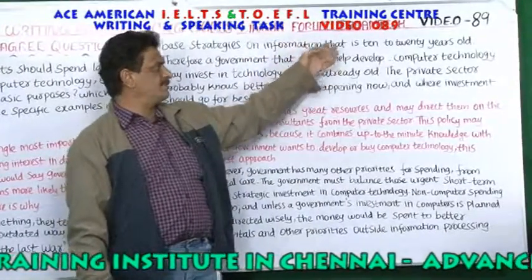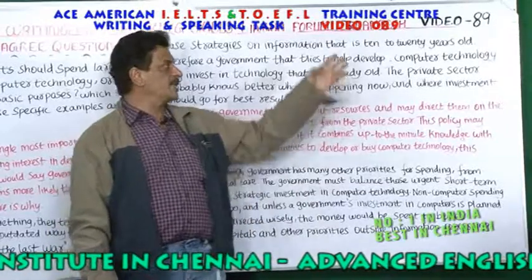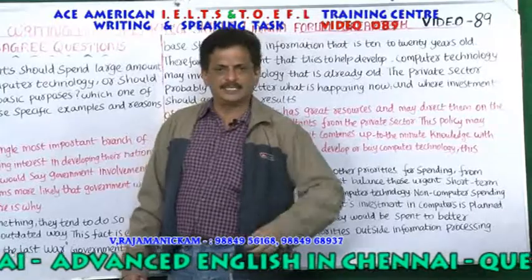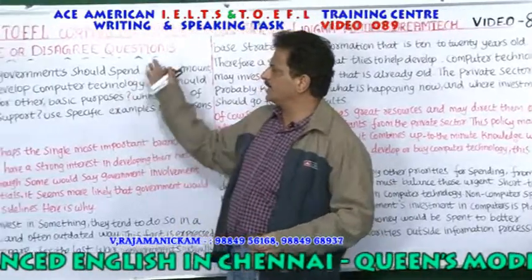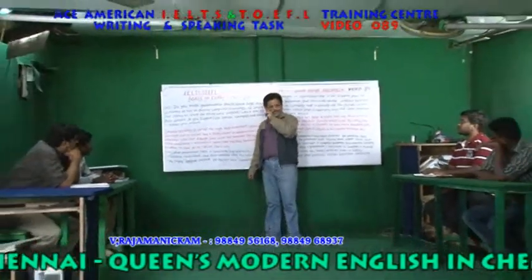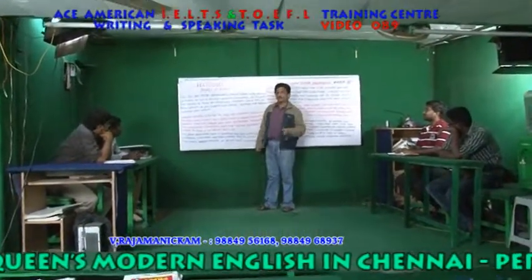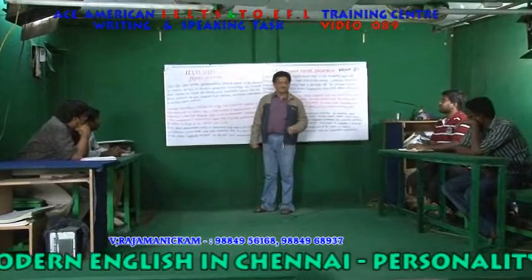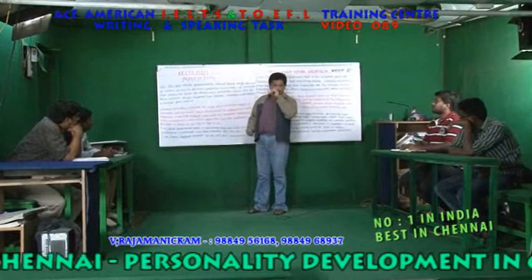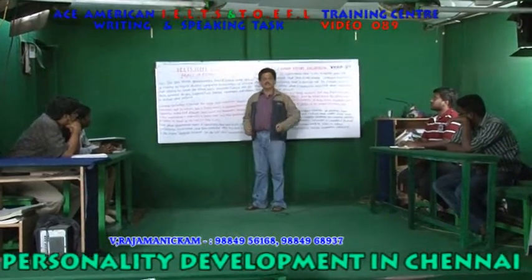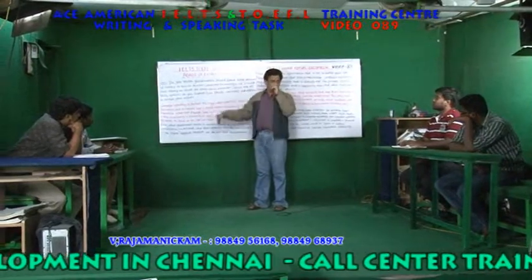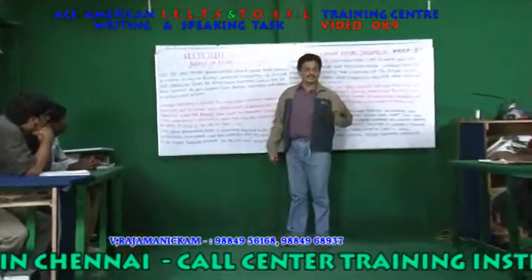We have taken these essays from Dream Tech Publications, and the video we have come here is the 89th video or the 89th topic. You get a question like this, agree or disagree question, in your writing task, whether it is academic or general, where you have to write in task 2 nearly 250 words. So agree or disagree questions, even in speaking task section 2, you may get a question like this and you have to speak on this.